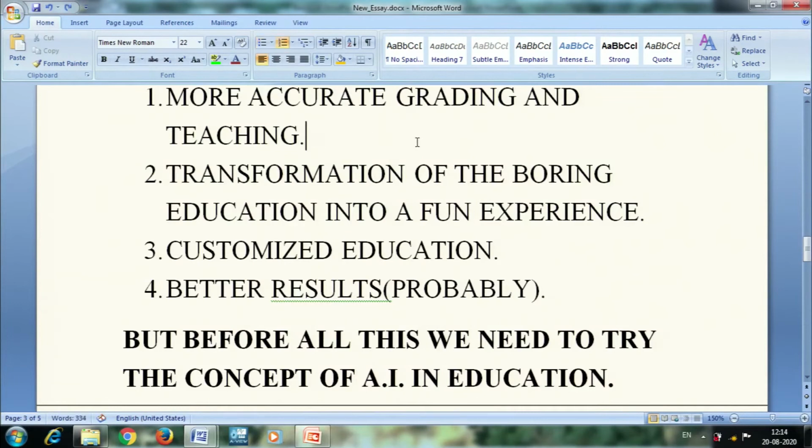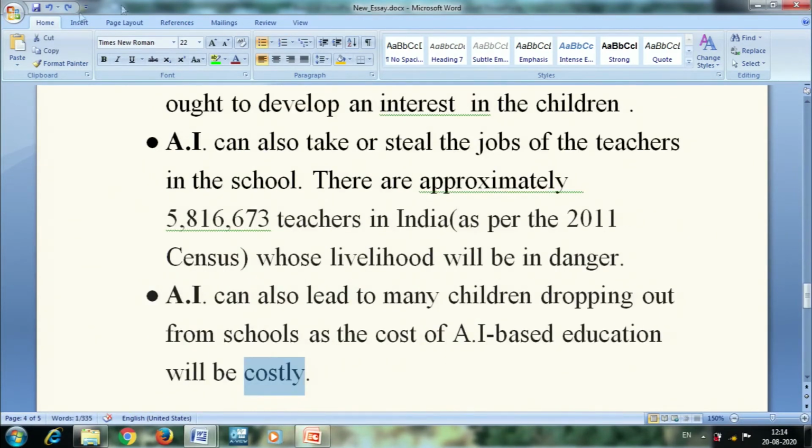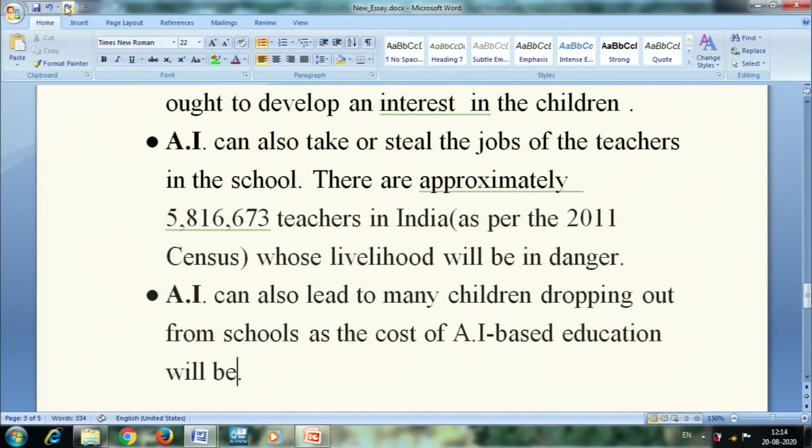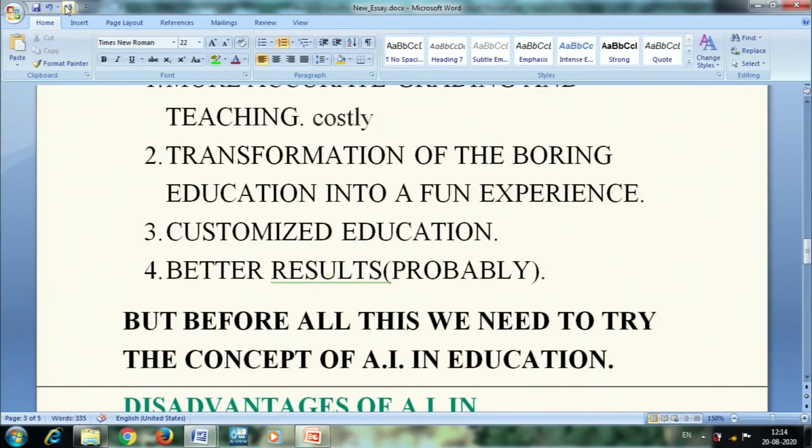I can go back to the previous version, like I can do Control Z, that is undo. If you do this, then it will go back to the previous version. Whatever changes you have done to the document will be gone and it will give you the previous version. If I want the changes to be placed again, I can click on redo. If I click on redo, again the changes will be done. So here, what I have done will be redone again.